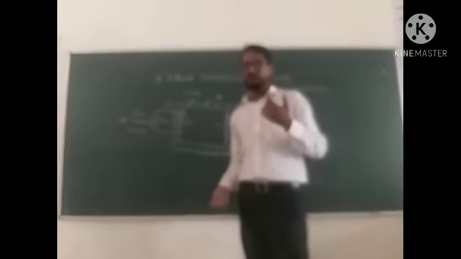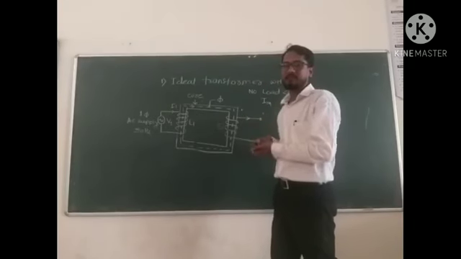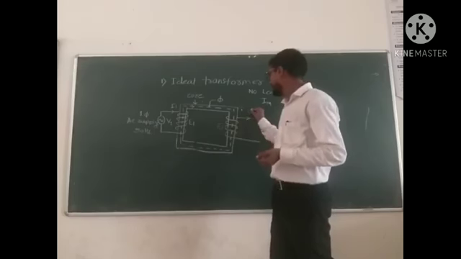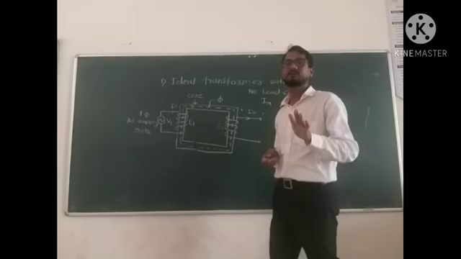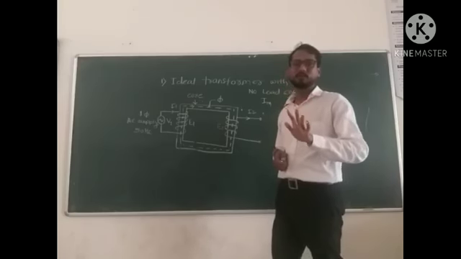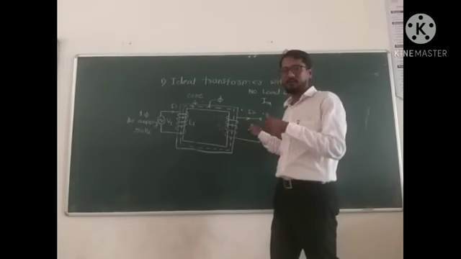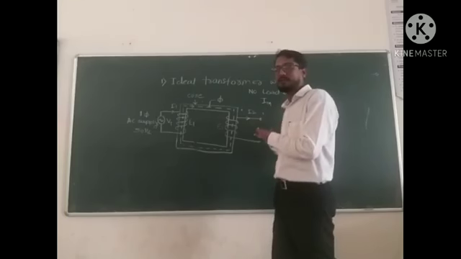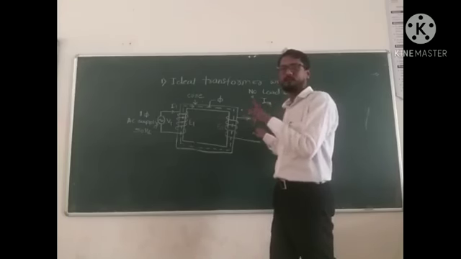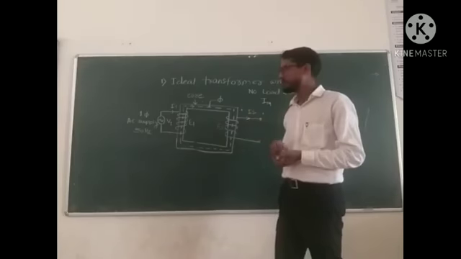Okay, so the load is not connected to the secondary side of the transformer. Because of that, I2 has a very small magnitude, or rather it is equal to 0. I2 equals 0 because we don't connect any type of load here. If we connect a load, the secondary current will start flowing, but here no electrical load is connected. Because of that, the value of I2 is 0.